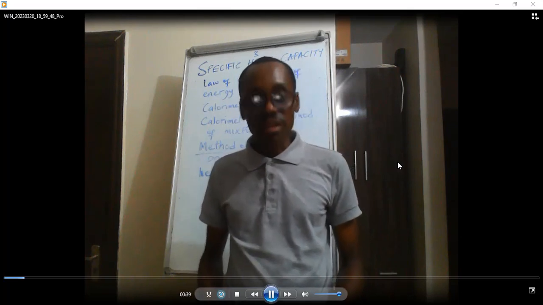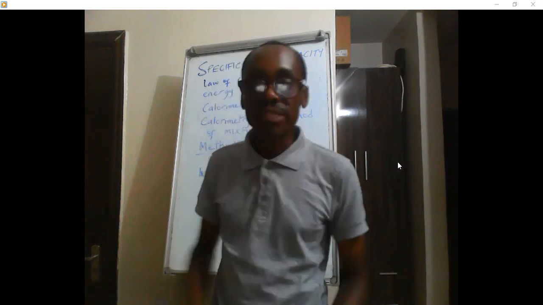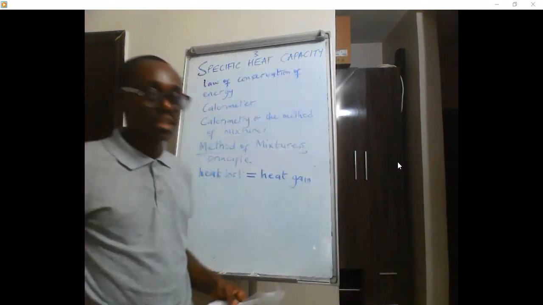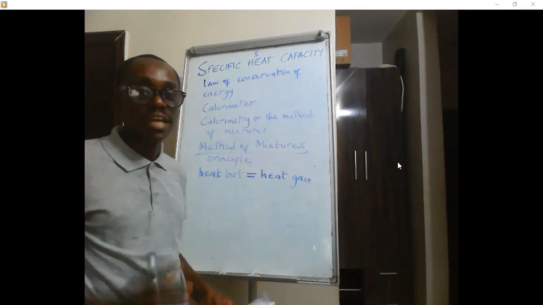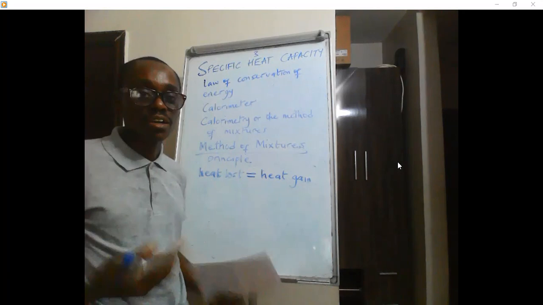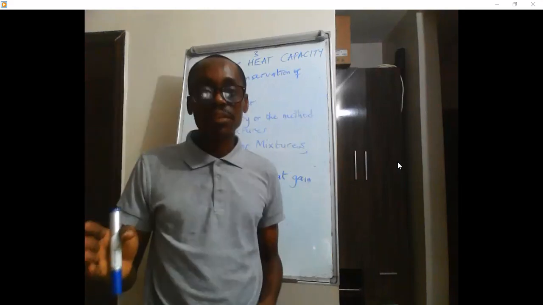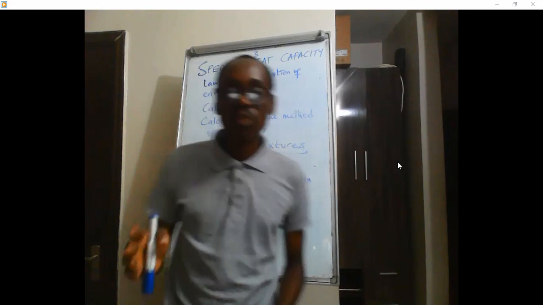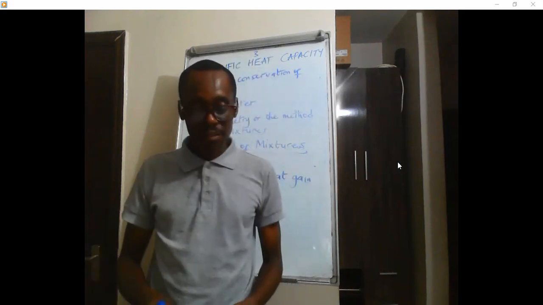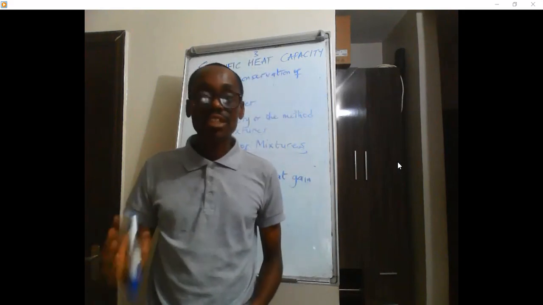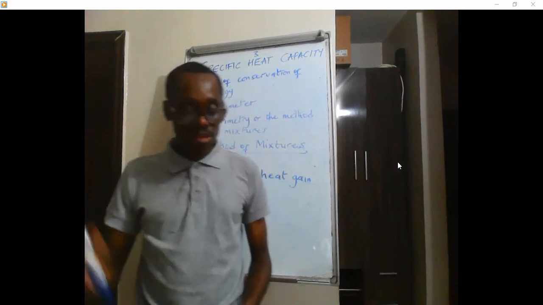The measurement of the specific heat capacity of a substance is based on the law of conservation of energy, the principle of conservation of energy, which states that energy cannot be created nor destroyed, but can be converted from one form to another. The apparatus that is used in measurement of specific heat capacity of a substance relies on this principle of conservation of energy. The experiment actually involves heat transfer between two bodies